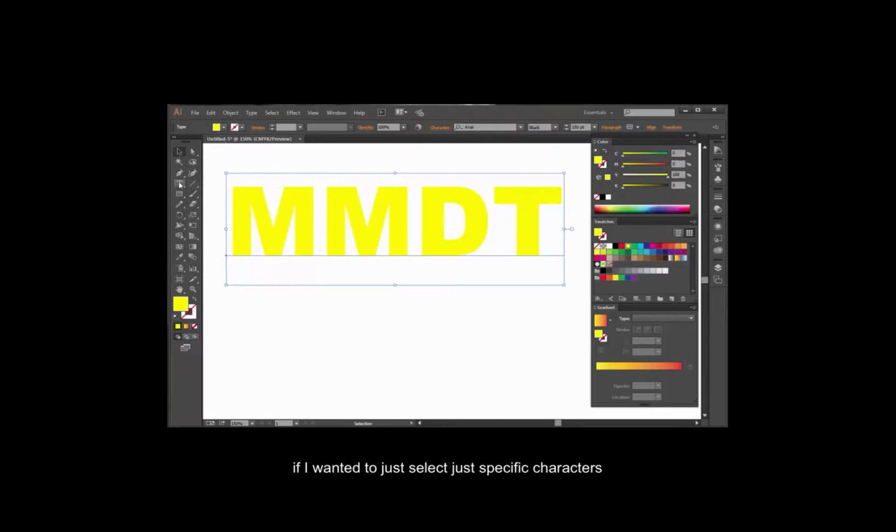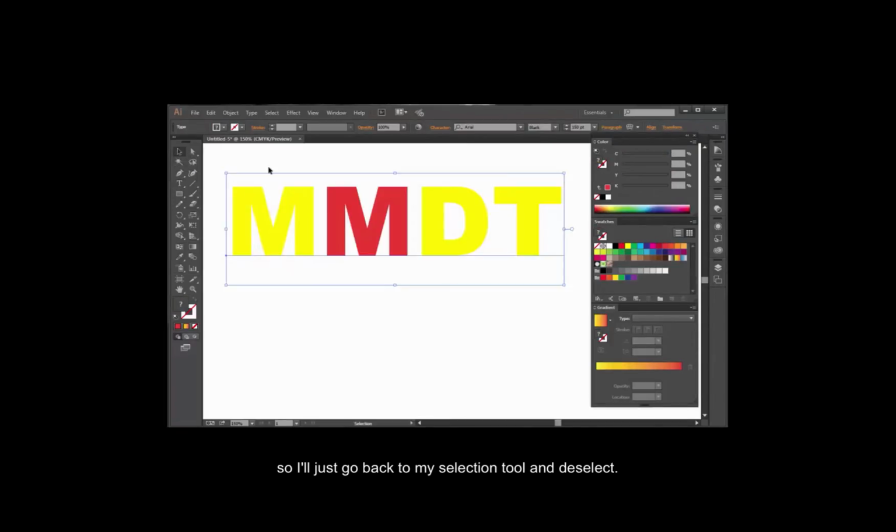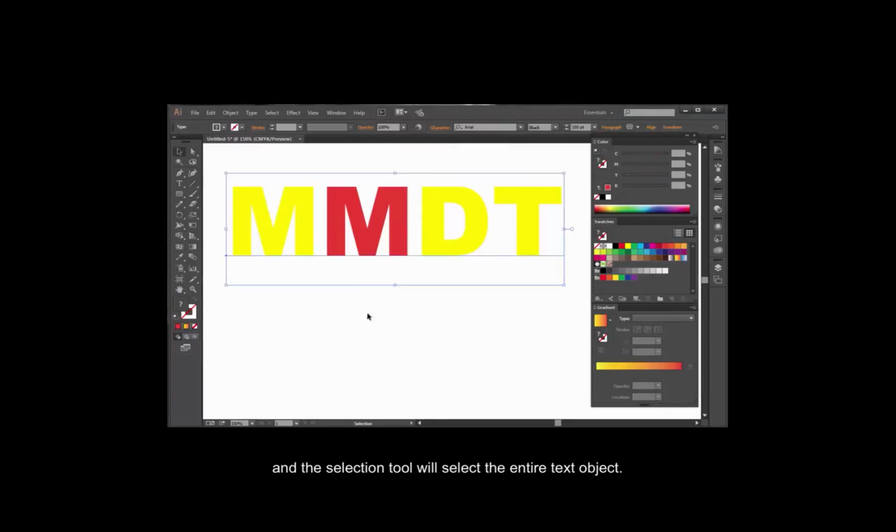If I wanted to just select specific characters, I can highlight those with the type tool and then change that character. Now it's going to be an inverse, almost a negative look until you deselect. So I'll just go back to my selection tool and deselect. So type tool allows us to click and drag specific characters, and the selection tool will select the entire text